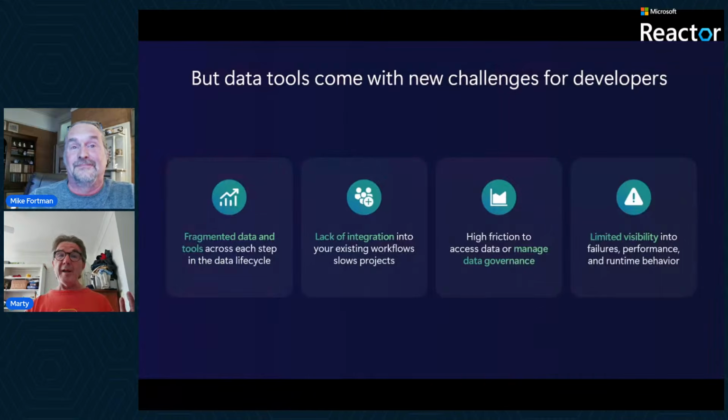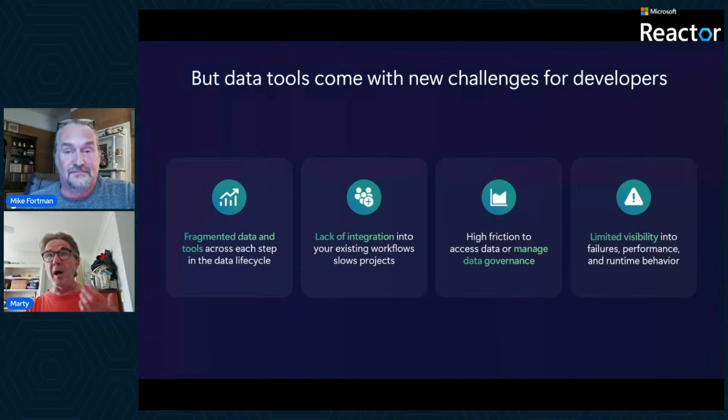But data tools come with new challenges for developers: fragmented data across different tools. You've got integration challenges. Sometimes you've got friction across data to manage data governance. You may have data governance with one tool in one area, different things in different areas, and merging them together can sometimes be a challenge. We've got limited visibility into failures and performance monitoring. We're going to talk a bit about performance and monitoring as we get through this, and hopefully that will help you engage with your teams and build better